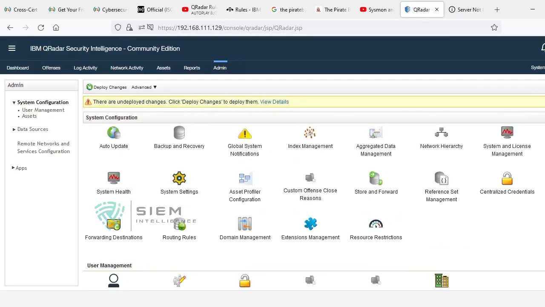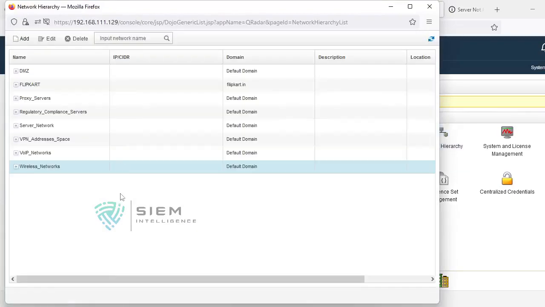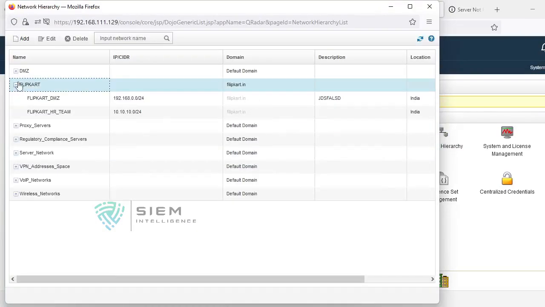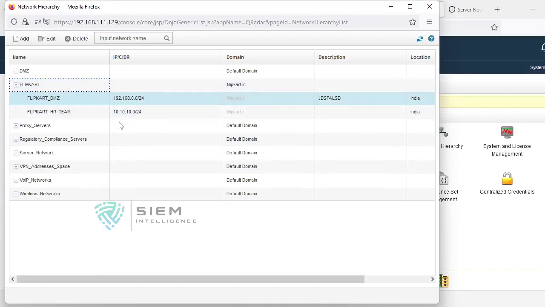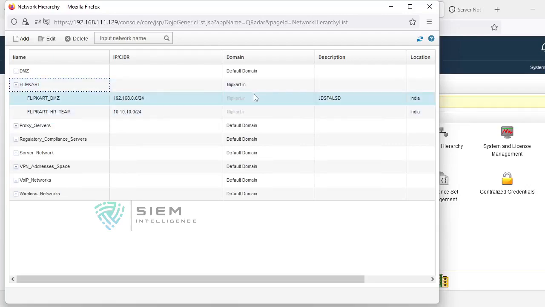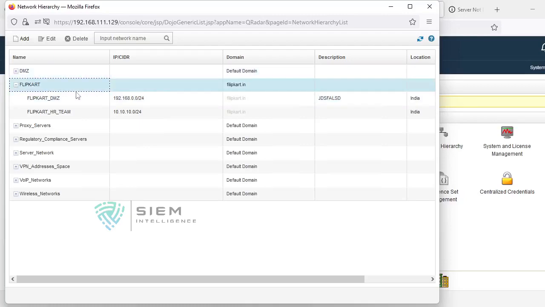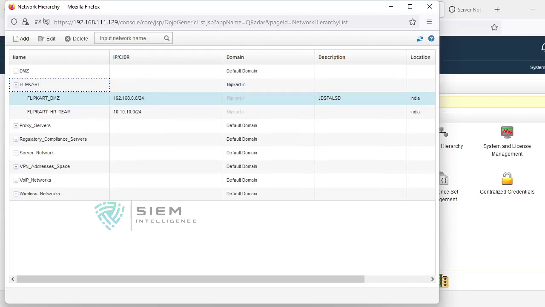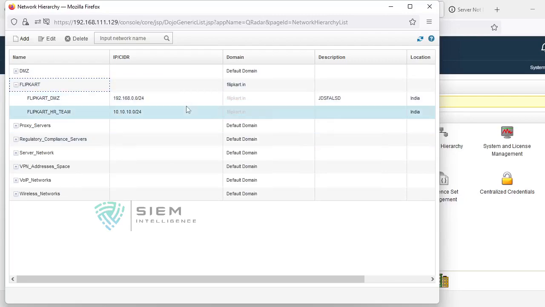In the network hierarchy, I have created one group called Flipkart network group. Over there I have created two network ranges, and I have added these two network ranges to this particular domain. It is automatically added. We are interlinking each and everything, so that whenever logs come from Flipkart, if you mouse over it, you can come to know these are the Flipkart logs. That's the reason I am creating all these things.